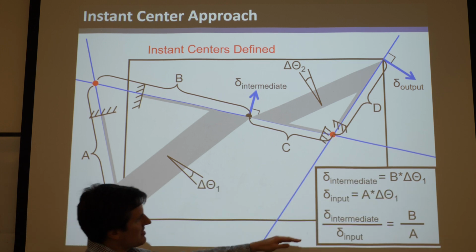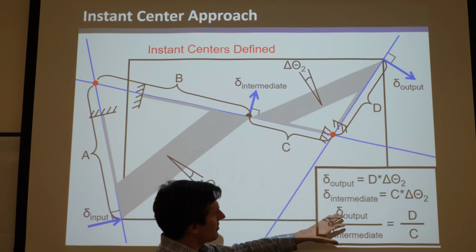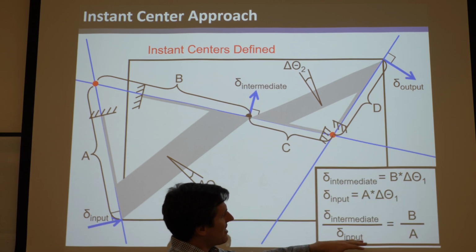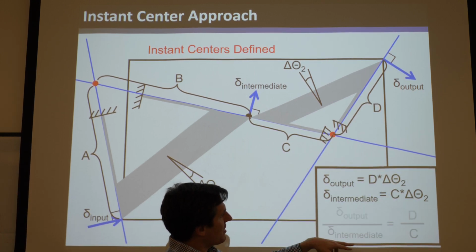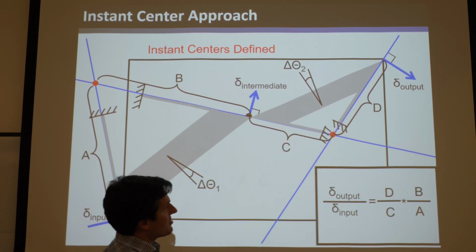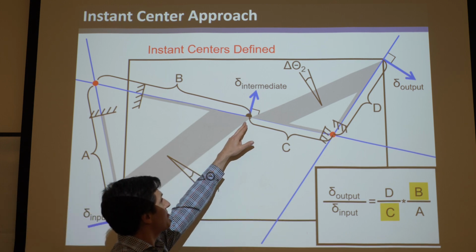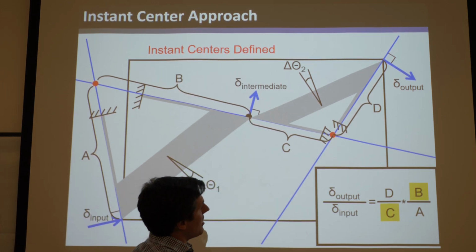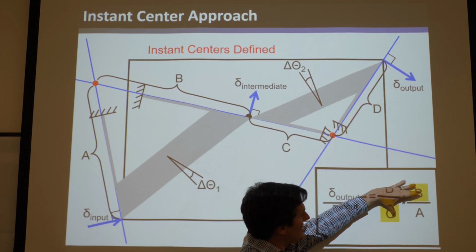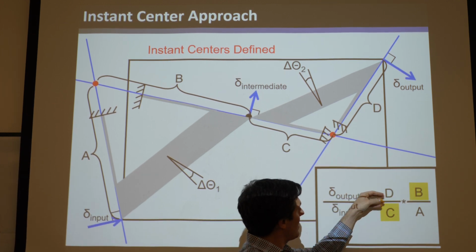Now look at this last one, so it's intermediate over input, and this one's output over intermediate. If you times those two together, take d divided by c and times it by b divided by a, the intermediate will cancel and you'll get output over input. At this point you can't really tune D or A, but you certainly can tune B and C. So you could drag this point and slide it along here and change the geometry so you can change B and C